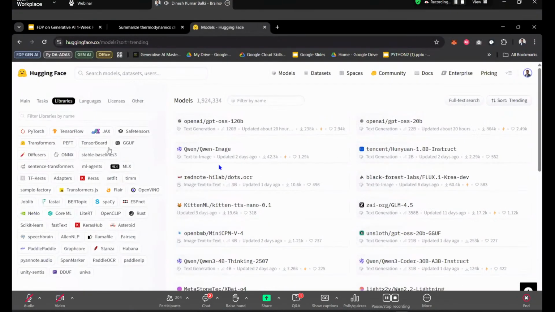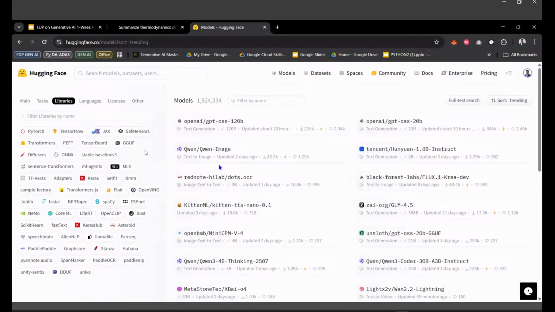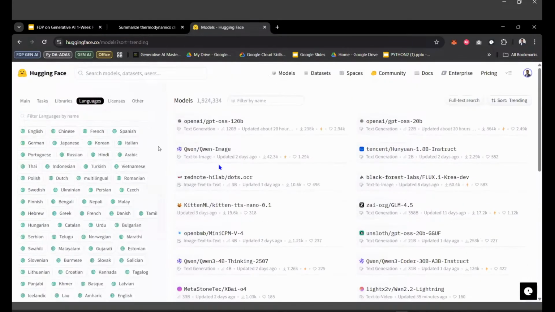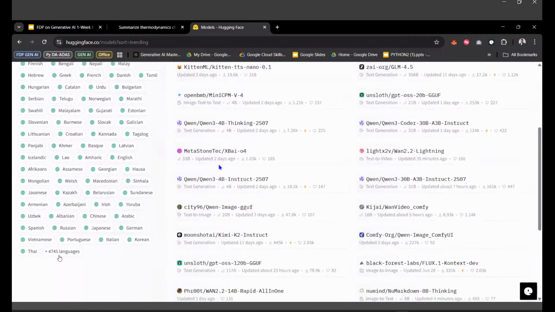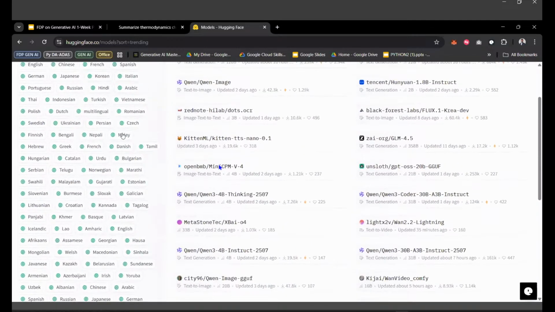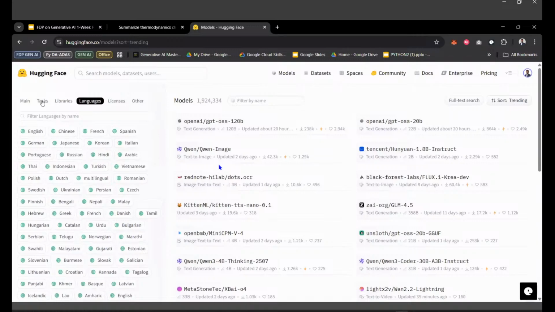When I click on libraries, this many libraries are required for Hugging Face models. There are lots of languages too, almost 4,745. Click on plus and you can get more languages. In this way, we can grab models from Hugging Face.